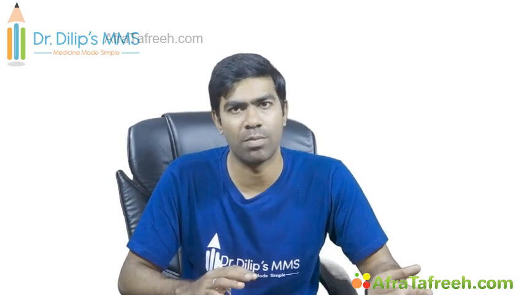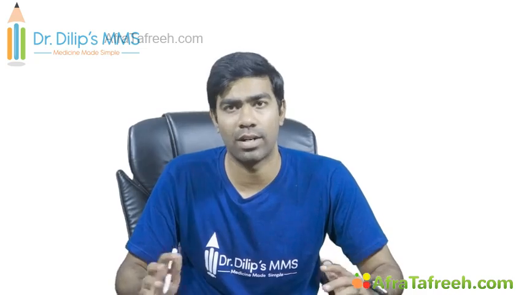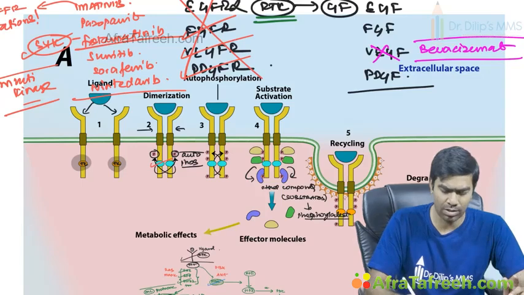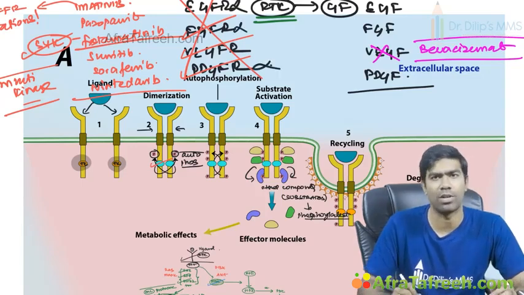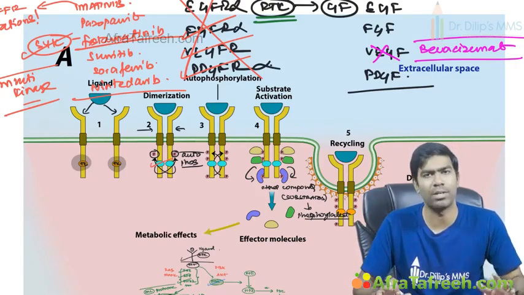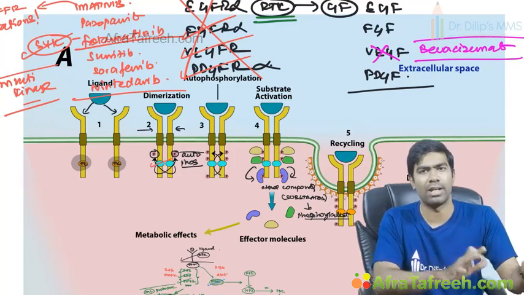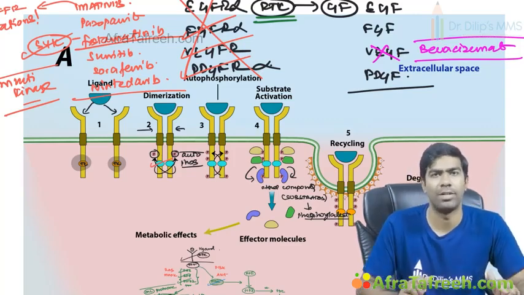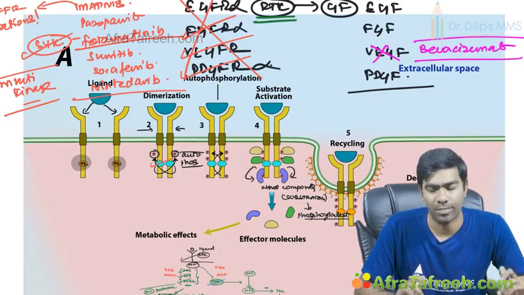Bevacizumab and ranibizumab are approved as useful in diabetic retinopathy also, especially proliferative diabetic retinopathy. So a lot of areas you can use, a lot of applications, many cancers also you can use, even colorectal cancers now the application is coming up. So a lot of cancers also you can use these growth factor inhibitors. So these are some of the examples. You will study EGFR blockers, FGFR blockers, PDGFR blockers specifically in specific cancers. So just understand all these are nothing but receptor tyrosine kinases, and these are receptor tyrosine kinase inhibitors. That's it. I think you get it.